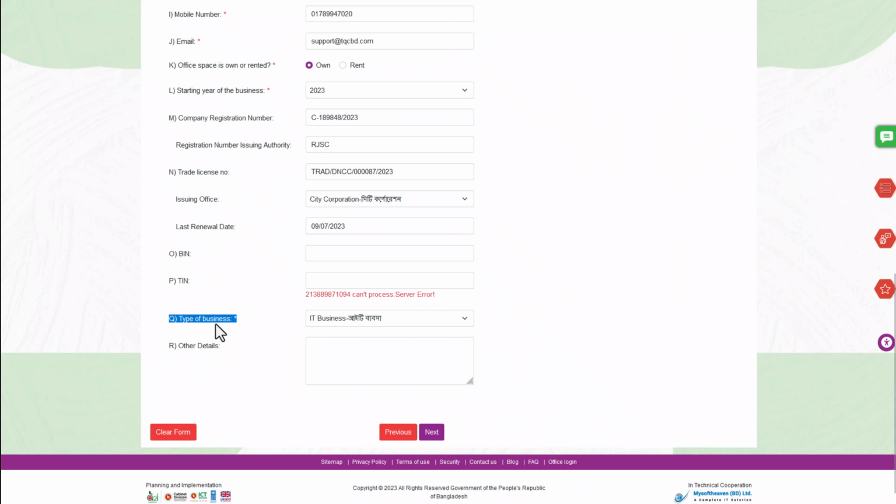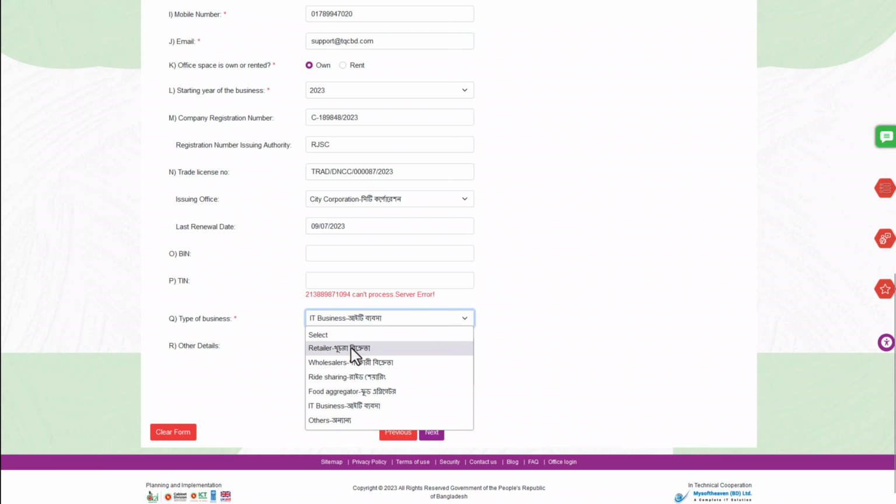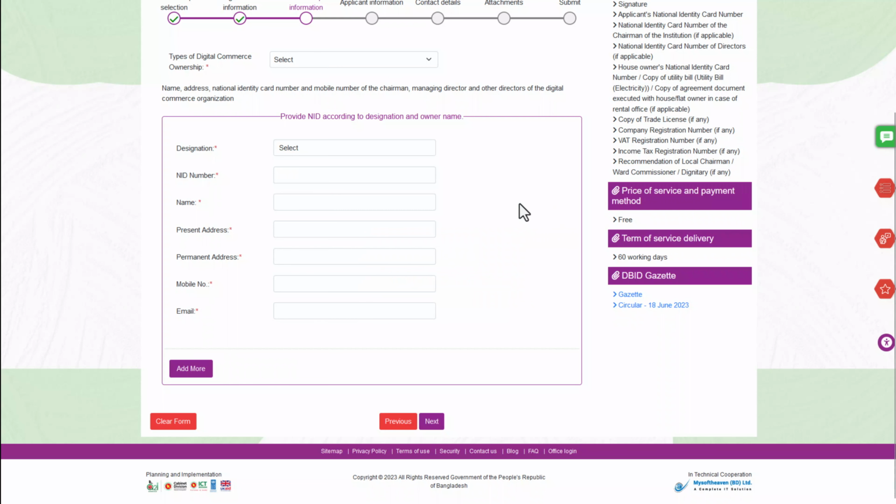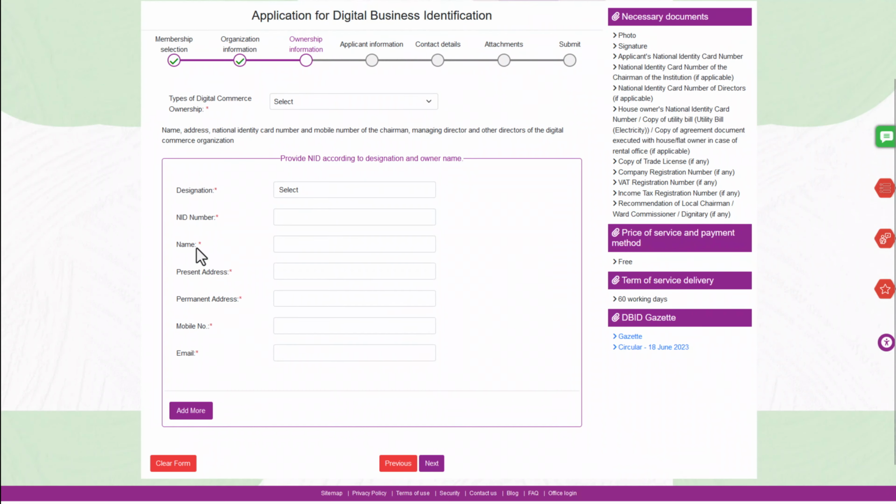You need to select your type of business, the type of business which is mentioned in your trade license. In our case, it was mentioned as an IT business, so I am selecting that one. There are other options like retailers, wholesalers, and food aggregators, and you can even select others if the listed items do not match your type of business. Then click Next. This section is about the owner's information,